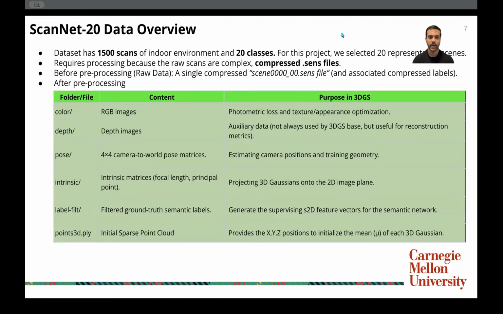We are using the ScanNet 20 dataset. It has around 1,500 scans of indoor environments and has 20 classes. For this project, we are using only 20 classes because these files are huge in size and it requires a lot of training. It requires pre-processing as well because these files are compressed .sens files and need to be converted